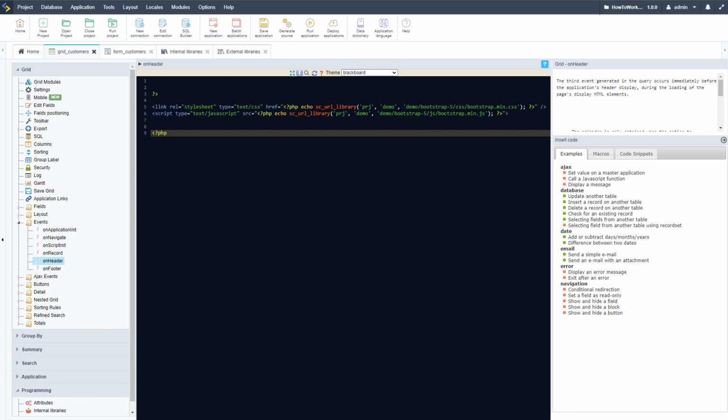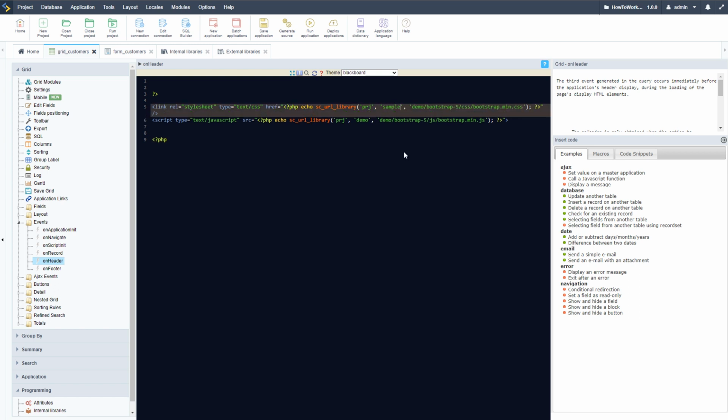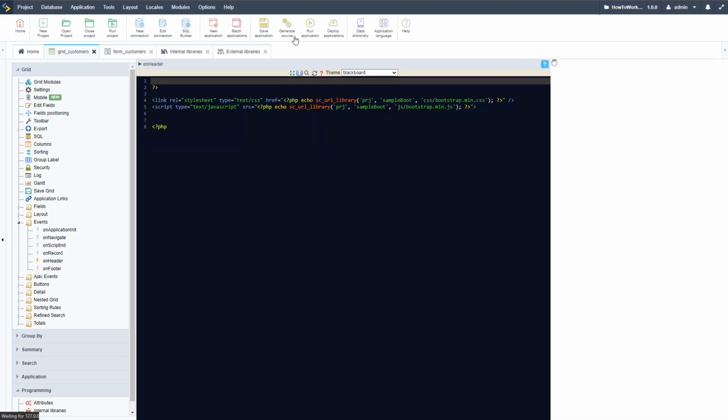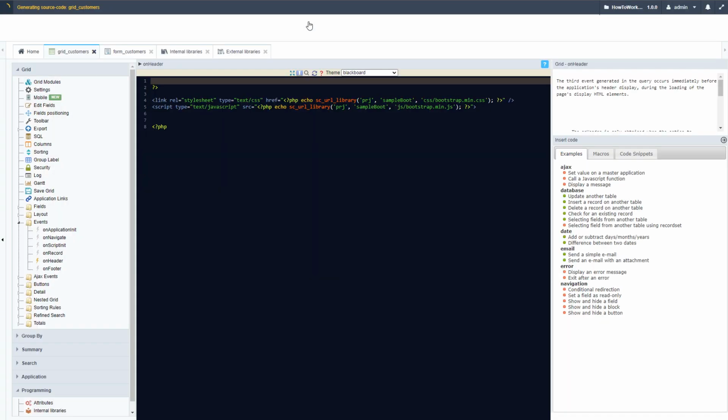Okay, so we're here within the grid. We want to change here prj for project, and we have then sample boot, and change that here also to sample boot, and then here we have straight in the CSS folder, and here it will also be straight into the JS folder. Okay, so if I go ahead and save that and then run the grid application,